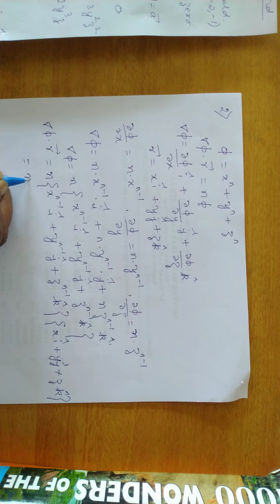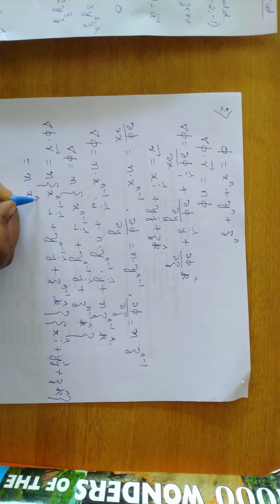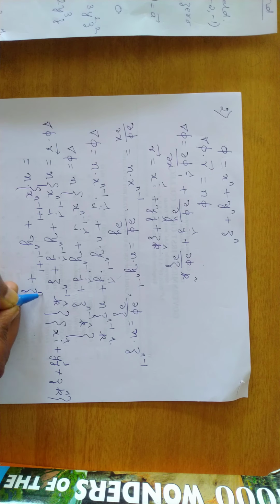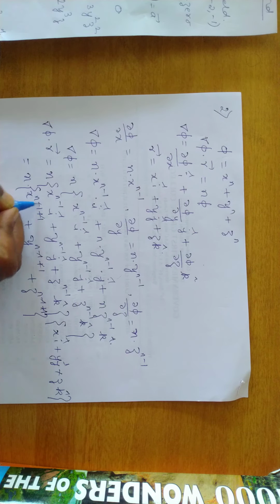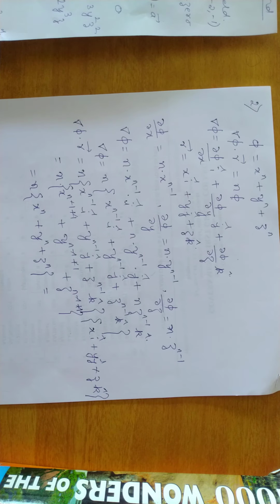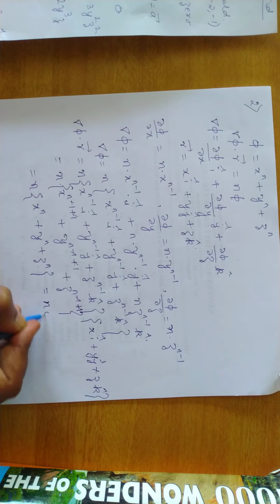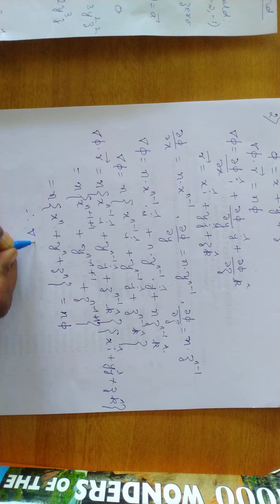i dot i becomes 1, so n into x to the power of n minus 1 into x, so it is n minus 1 plus 1. This n is common, so let me multiply y to the power of n minus 1 plus 1 plus z to the power of n minus 1 plus 1. So what do I get? Minus 1 plus 1 goes, and I have n into x to the power of n plus y to the power of n plus z to the power of n. And what is this? This is my phi. So it is n into phi. So I got grad phi dot r vector is n into phi.